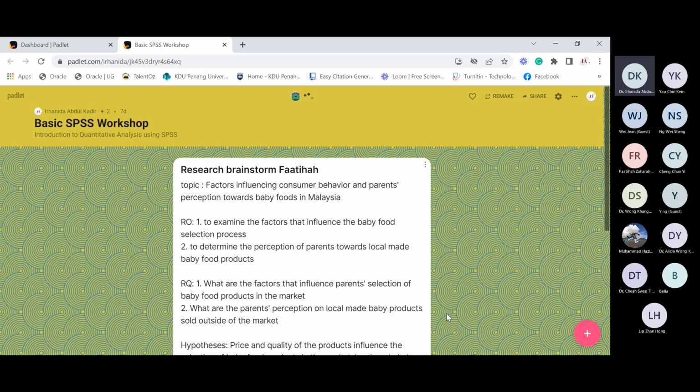I must say that writing research objective, research question and hypothesis is not that difficult at the beginning. But when you start doing your analysis and you find a problem, that's where you really need to make sure that your objective and your research question are really measurable and you are able to achieve it by using the analysis method that we are going to look at later.